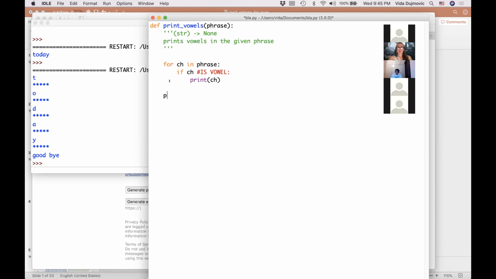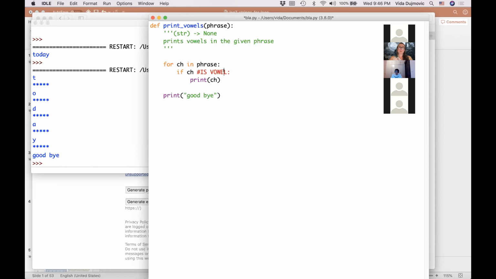And once we go through every character of a phrase, let's say there was a requirement that you have to print goodbye, just to show that we are outside of the loop. So here's what you do inside of the loop. You test if the character is a vowel, and in that case, you print it. Otherwise, the program is going to take the next character.